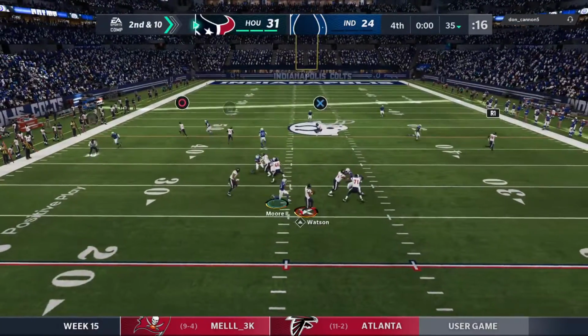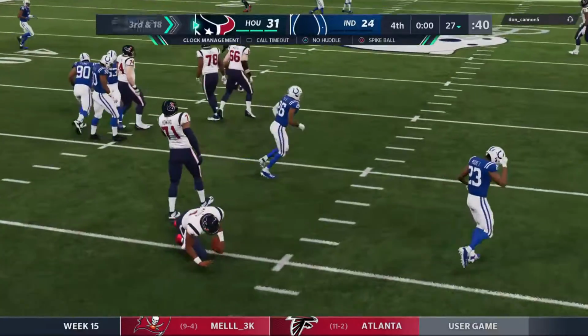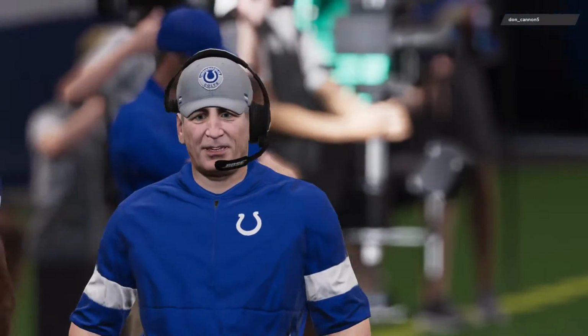Now Watson. The Colts are going to get him. Down he goes. So Houston going to come away here with the victory. And I know I'm not breaking any news when I say that